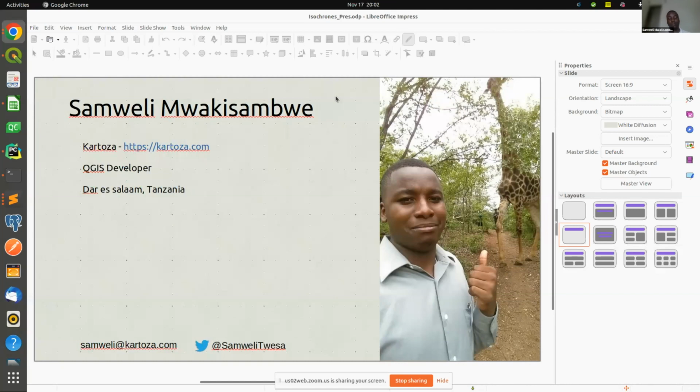That is, they provide a way that you could see all locations that are reachable within a certain time. So why do we need isochrone maps? We need isochrone maps because this enables us to do planning, because most of the time when we are sitting down and designing how and where we should put